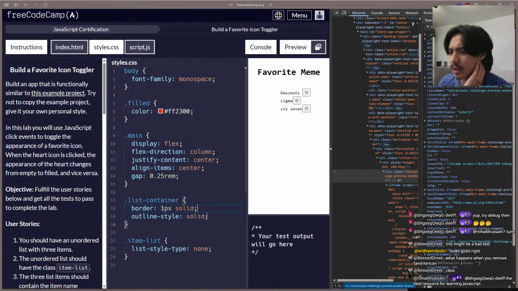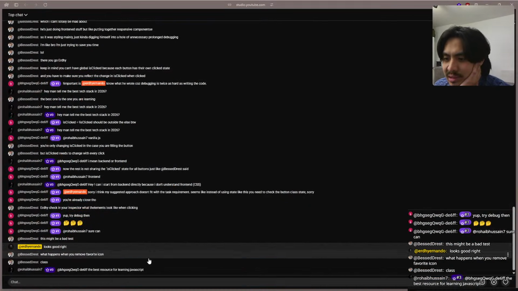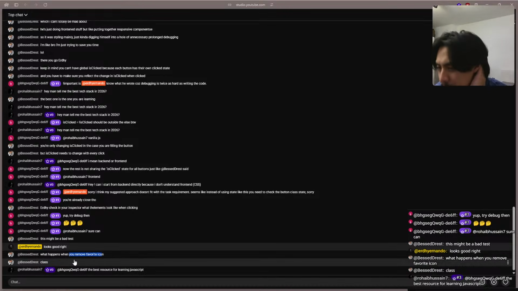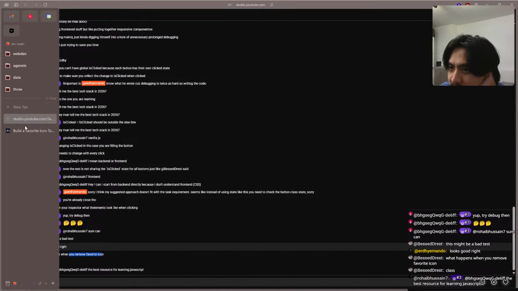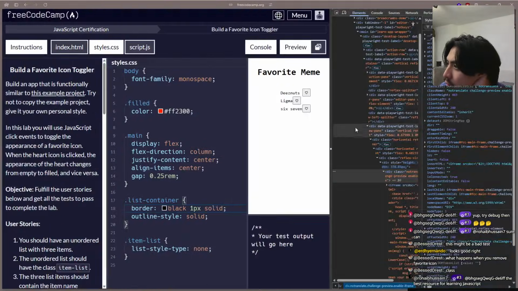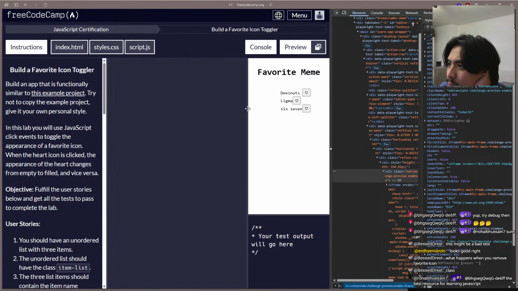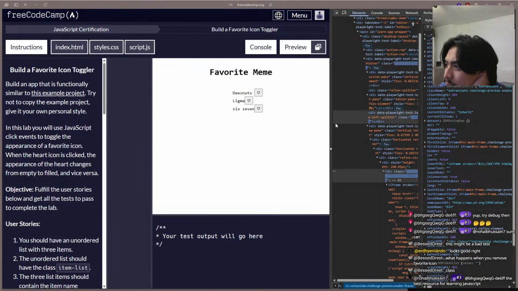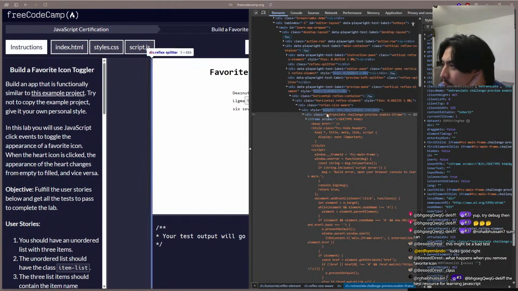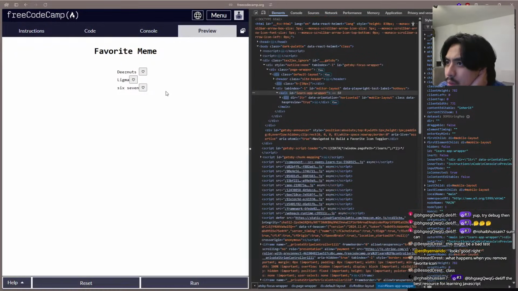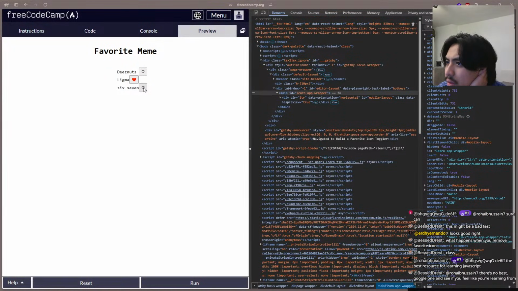I forgot. Like border, is it color first? No, it doesn't work. Okay, you know what? It's fine. What happens when we remove the favorite icon class? Okay, like dynamically. You want to render it dynamically or like